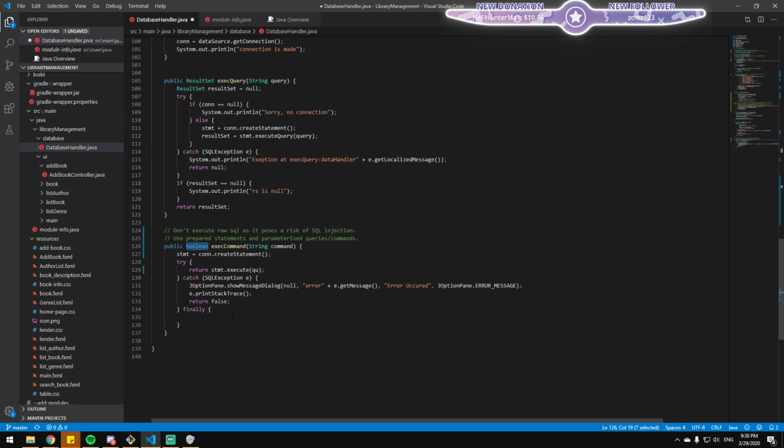Also, one huge issue is the JOptionPane is showing UI in the database handler. Yeah, I was just about to bring that up as well. You were mixing layers.